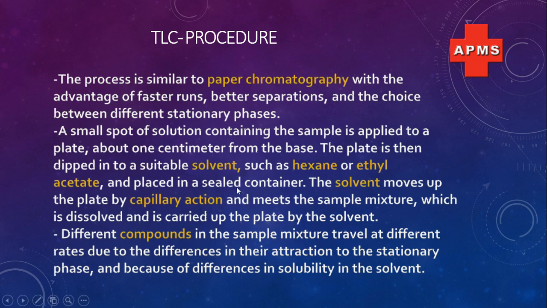So actually here the silica gel or alumina gel stationary phase will be completely more polar than the mobile phase. So these solvents are placed in a sealed container. Why do we use a sealed container? Because hexane and ethyl acetate are very volatile, so during the experiment this may create a problem. So these are placed in a container which has